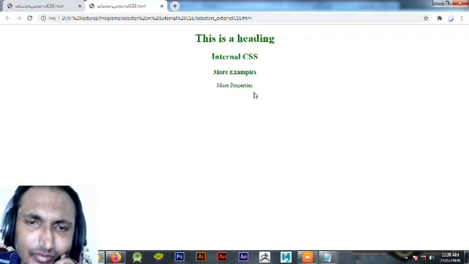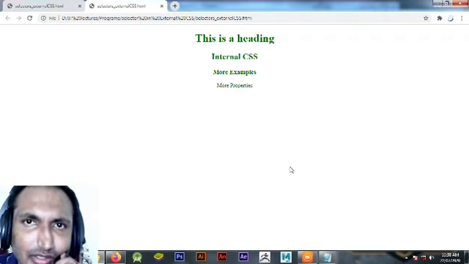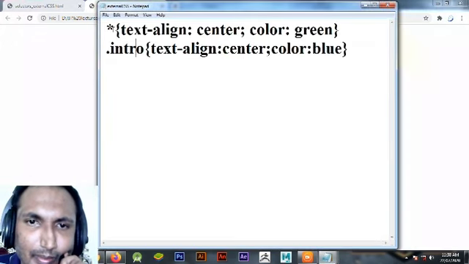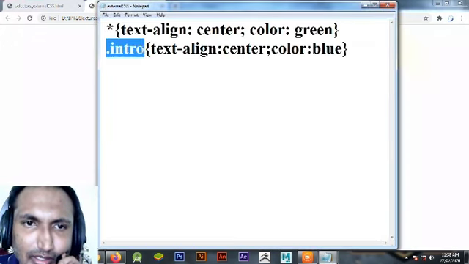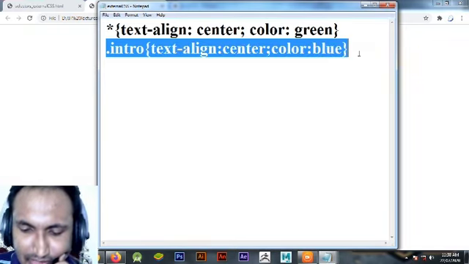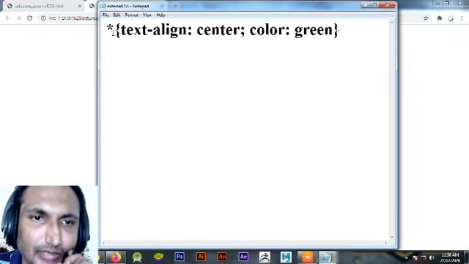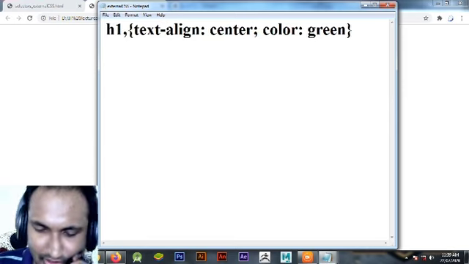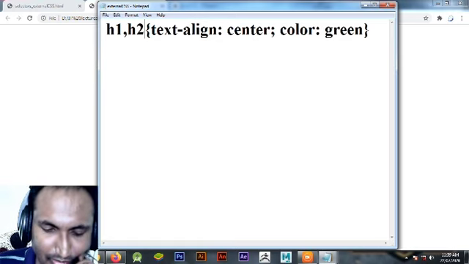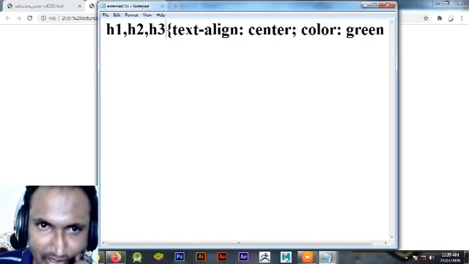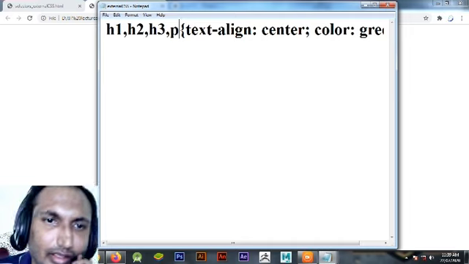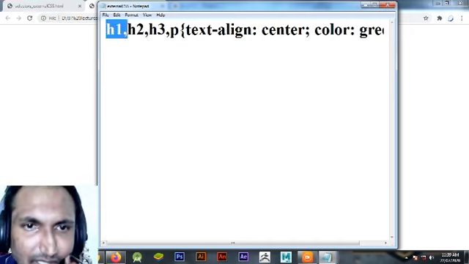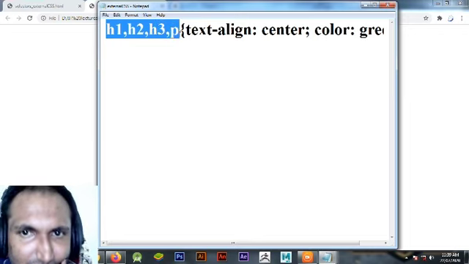And one more thing remaining is the group selector. Let's see, I will change here. If I erase this and simply take h1 comma h2 comma h3 comma p, so I am grouping these, so this will be your group selector.